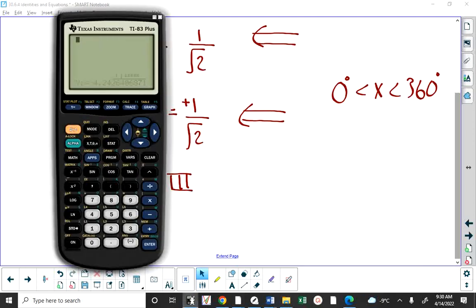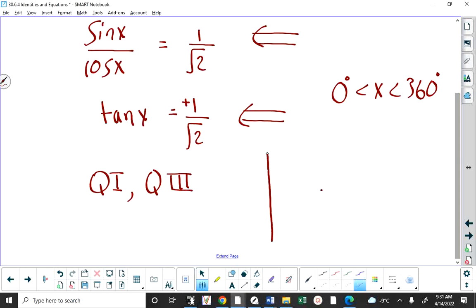So this example that I've just thrown on the board is kind of an off-the-cuff example. Make sure you are in degrees, and we get 35 degrees. So you get 35 degrees, yes? Okay, well that means we're going to draw a reference angle of 35 degrees in quadrant 1, a reference angle of 35 degrees in quadrant 3,